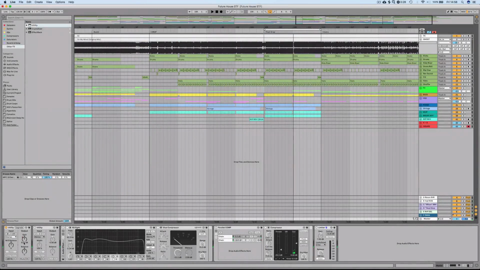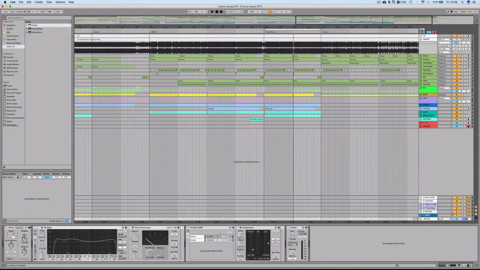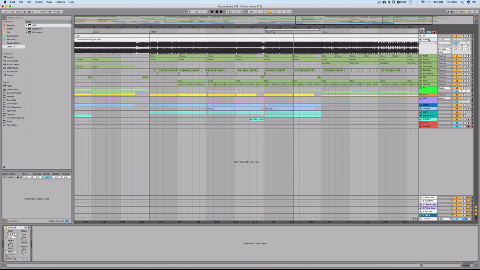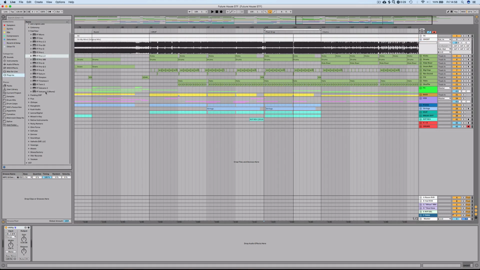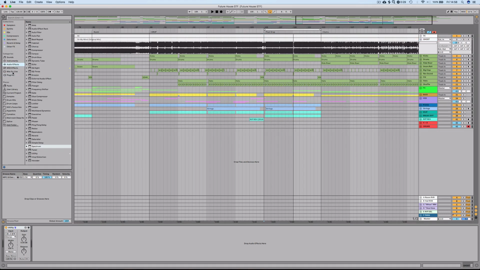So now we have the levels roughly matched. The first step is to EQ in the mastering chain. And we want to try and get a similar range of frequencies as our reference track. Now, a great way to do this is you can use the Spectrum Analyzer in Ableton Live, but there is